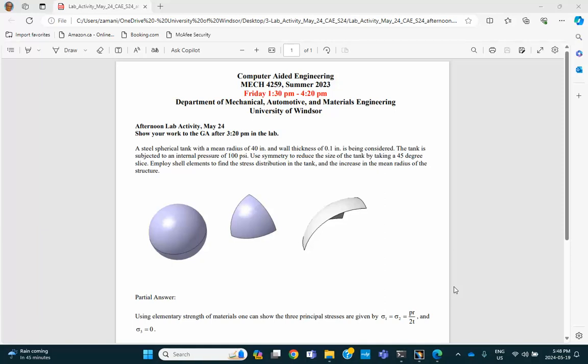This is the afternoon lab activity on May 24, which is our third lab. You're given a sphere, and this sphere is internally pressurized. The dimensions are given there. You're asked to basically run it and find out what the stress distribution is in this spherical